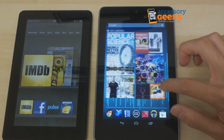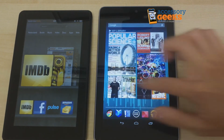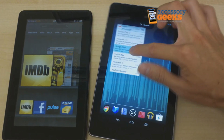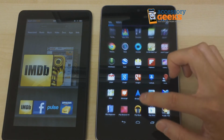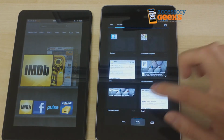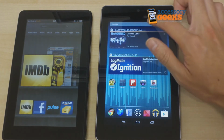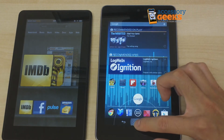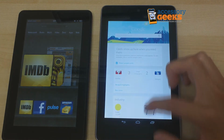On the Nexus 7, it has a very phone-like feel in the sense that you have your multiple home screens, you have multiple widgets that you can place, you have an app launcher, access to your widgets, a notification bar, and an ever-present Google search bar. Of course, you also have access to the latest improvements in Android 4.1, such as Google Now,